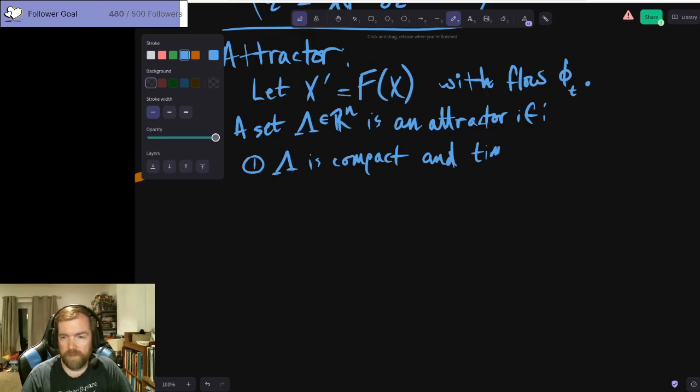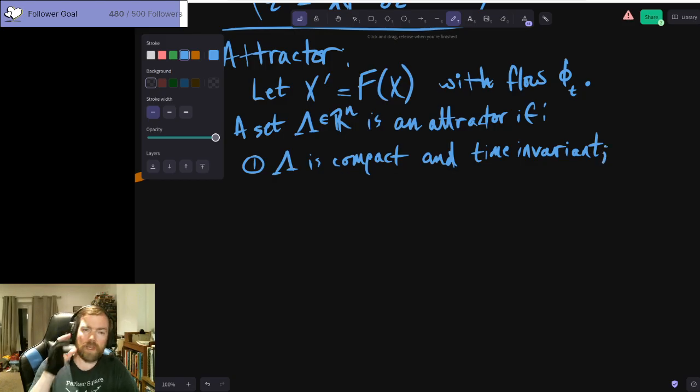And time invariant. So time invariance is a concept that Stuckey and I had discussed before, where we're saying it doesn't matter when you hit that point, but if you hit that point, the behavior from that point is always going to be the same. So the behavior at any given point is deterministic, and it doesn't matter when you hit that point. Time invariant. All right, 2, there exists